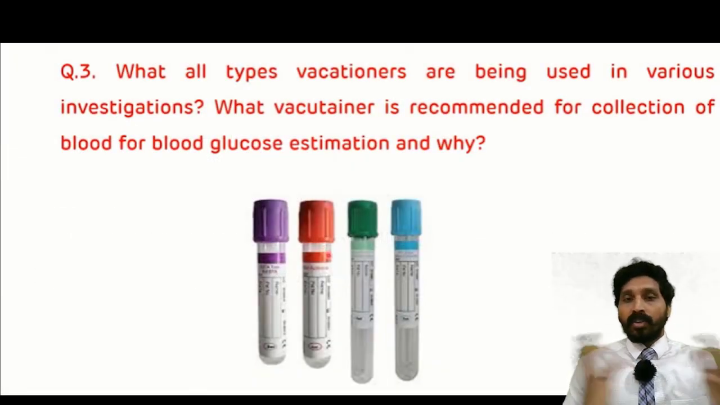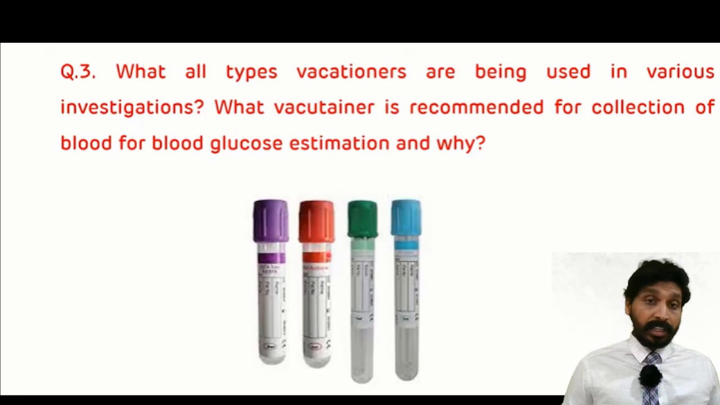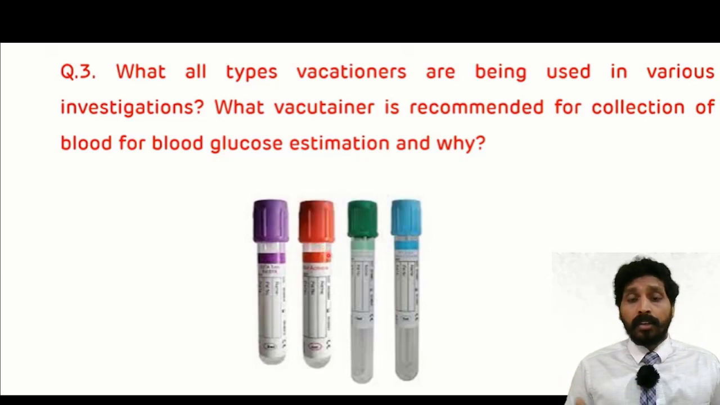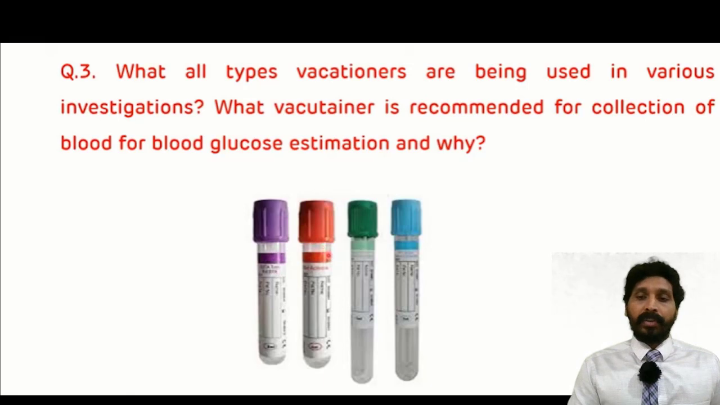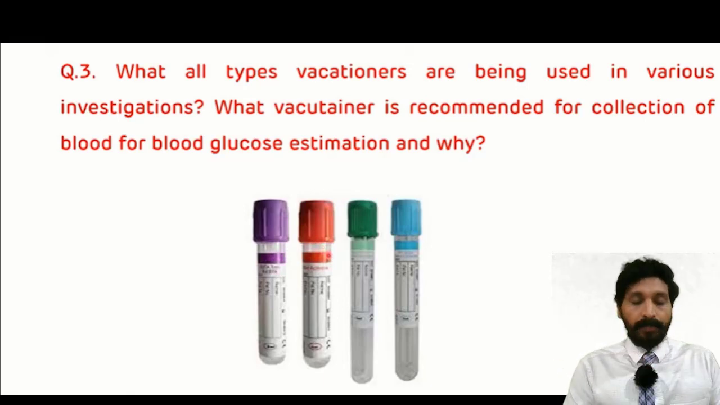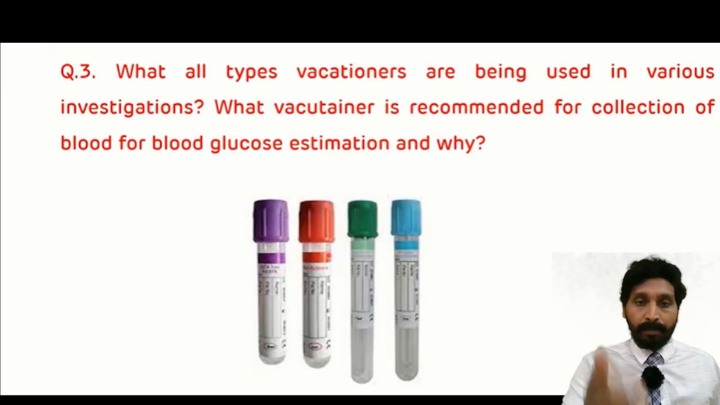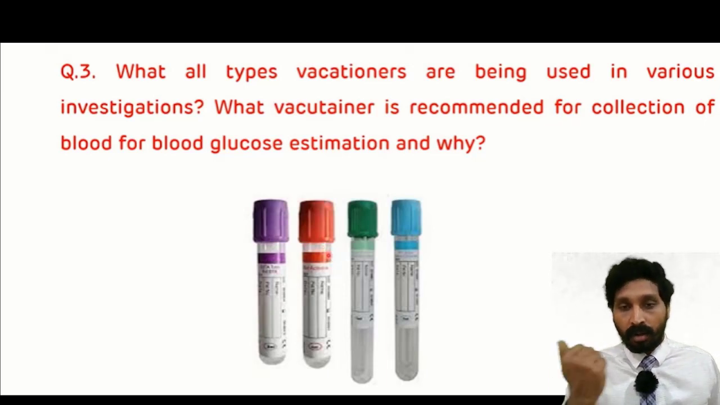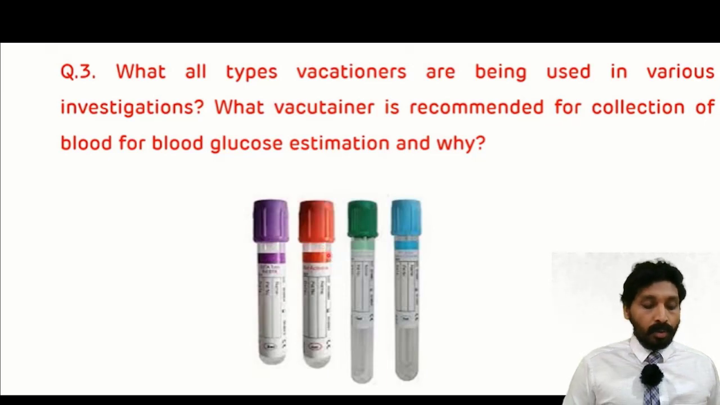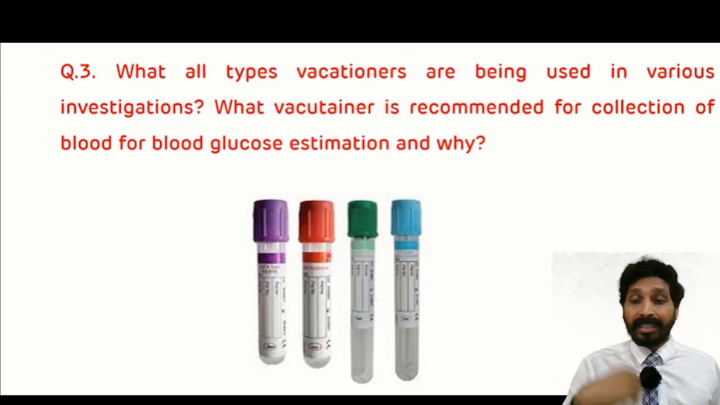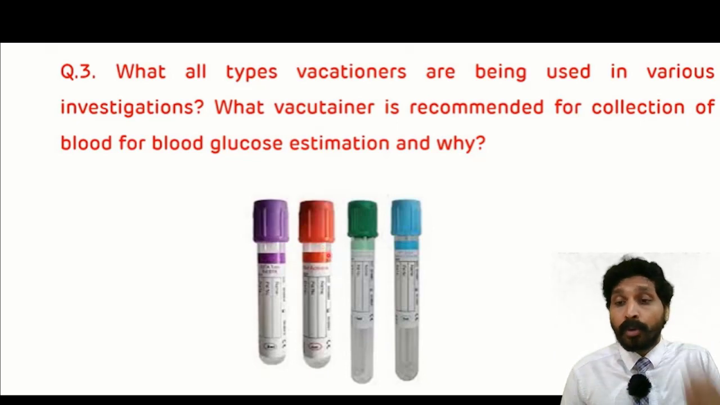Again, what are the types of vacuum being used in various investigations? When you go to the phlebotomy, you see different types of colored vacuum. Just now we discussed the gray color vacuum is mainly meant for collection of blood to estimate glucose. Same way, purple, red, green, and blue are there. So what is for purple? The purple one is the EDTA coated vacuum tube, which is mainly used for CBC estimation and then glycated hemoglobin